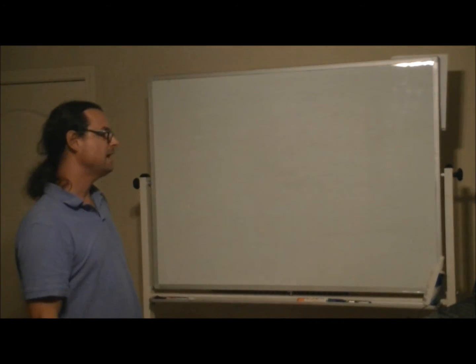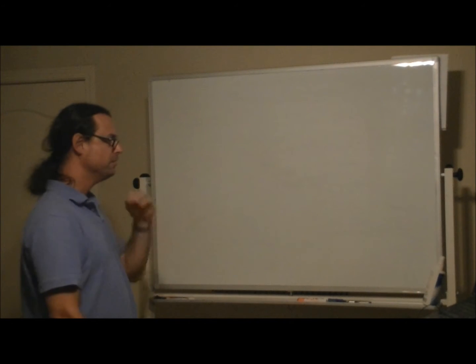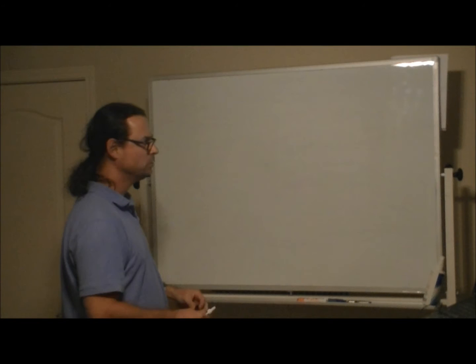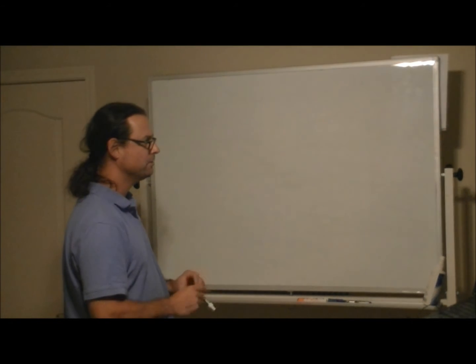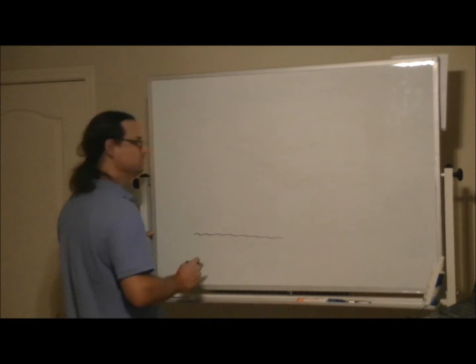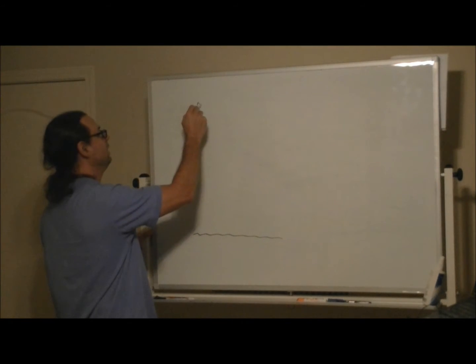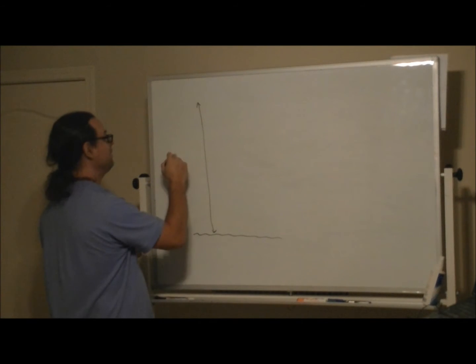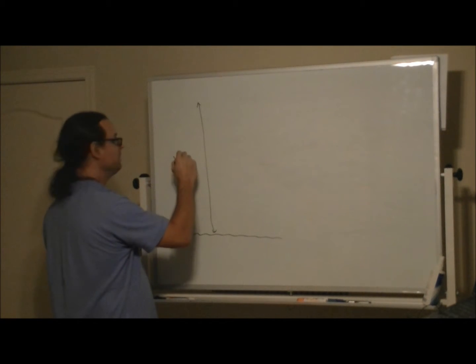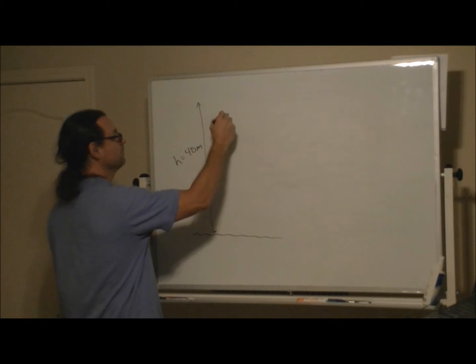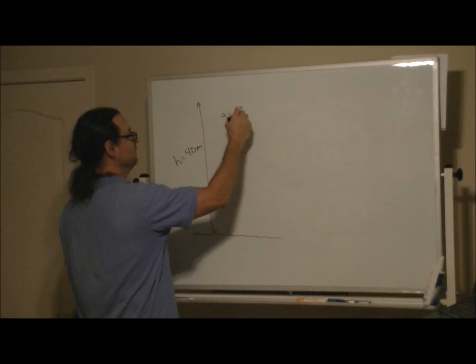Alright, so a pelican dives downward from a height of 35 meters with an acceleration of 9.8 meters per second squared to grab a sardine on the surface of the ocean. How long does the dive take? Alright, well, so there's the surface of the ocean. We have a height. I'm going to change the number here. I want to make the initial height, let's make it 40 meters. And the acceleration is 9.8